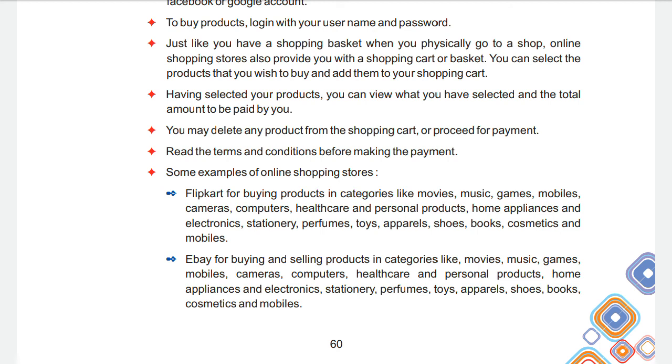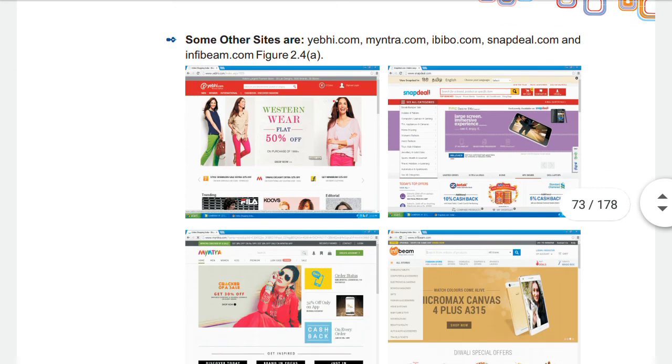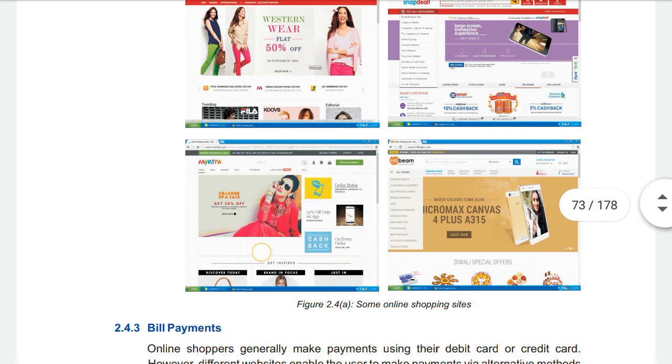Then there is eBay, for buying and selling products in categories like movies, music, games, mobiles. So categories can be almost the same for online shopping applications. Here you can see some other sites like yebhi.com, Myntra.com, ibibo.com, snapdeal.com, and infibeam.com. So in the screenshots you can see that there are different sites.